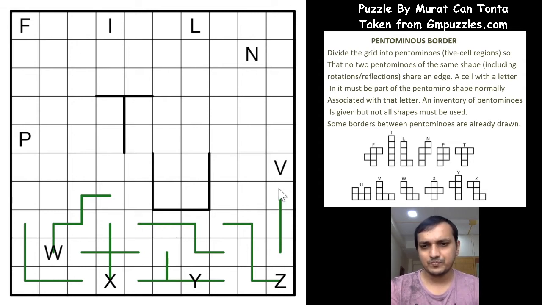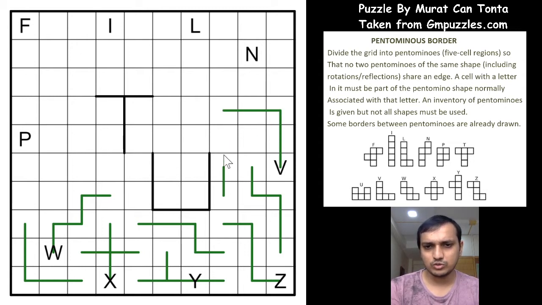So if we extend this, this cannot be a part of V, because we have three cells this way and three cells vertical and three cells horizontal, right? So you cannot connect this to V. So it is this way. And again, if we connect this line to this, it forms another V, and there is one more V here. So there are two V's, two pentominoes of the same shape together, adjacent to each other, which is not possible. So it has to be N. And the only possible shape for the V here is this, right? So this cell has to go straight, as it cannot cross this thick line, and it becomes a T.